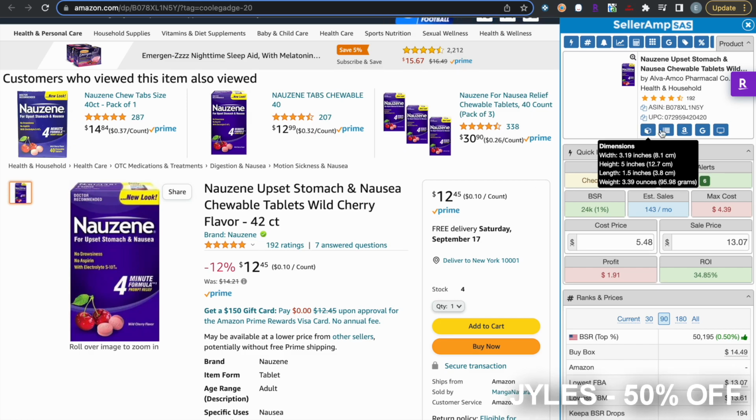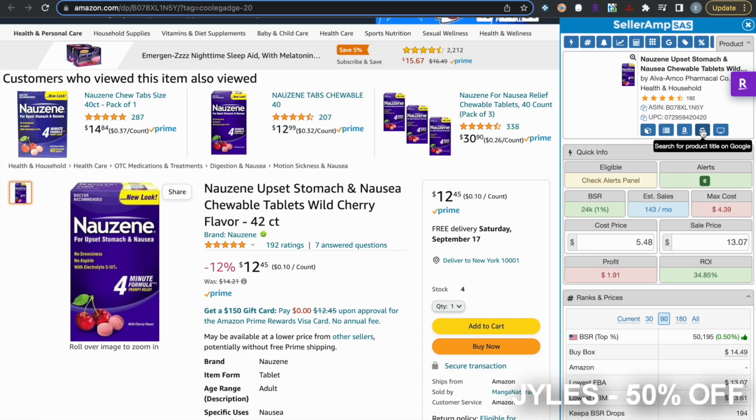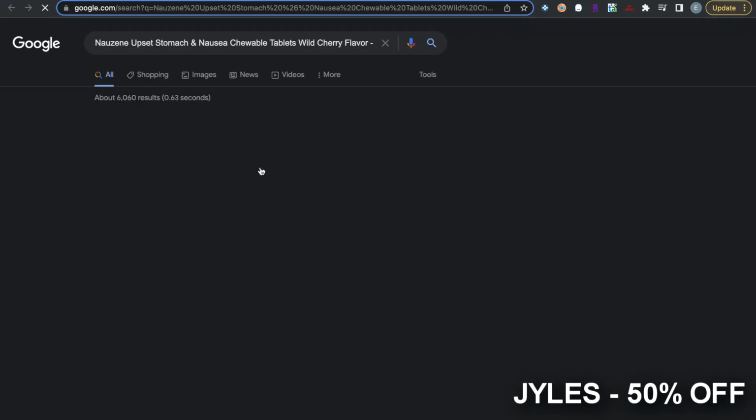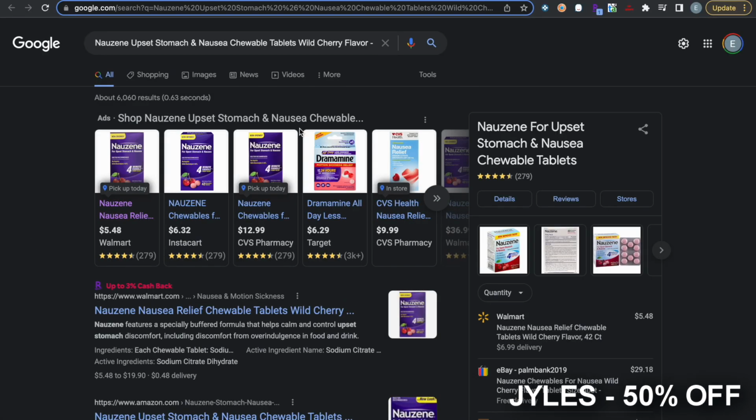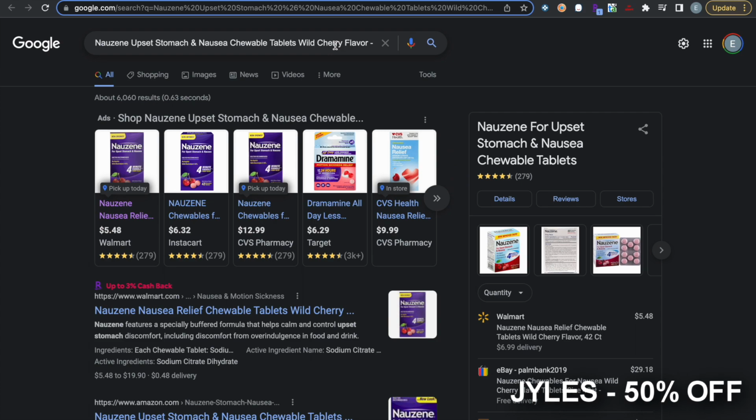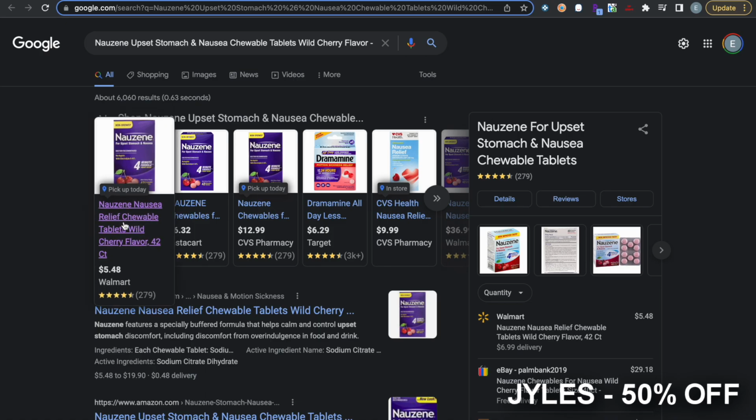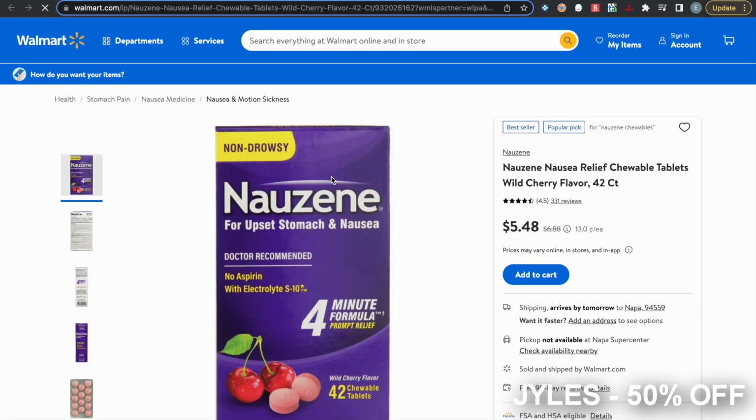And here in SellerAmp, you see these little tabs up here, and if you click on the Google one, it shoots you over to Google and looks up the product. Sometimes the Amazon listings have weird specific wording in them, so you'll kind of have to adjust them and check out the product. But in this case, you can see right here that Walmart is selling the product, which